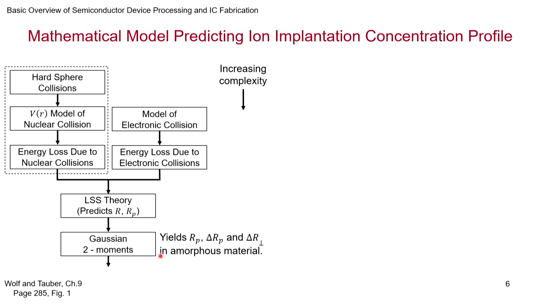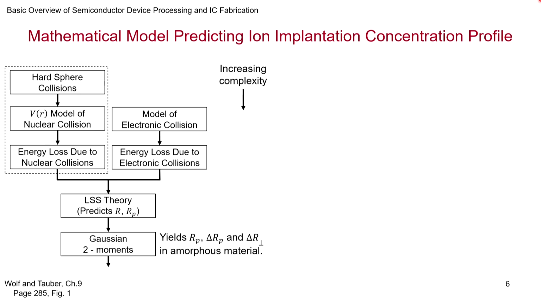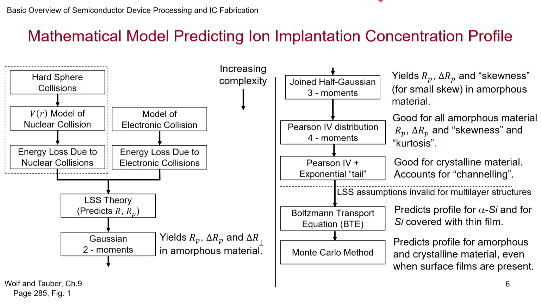So, this is the basic thing that is often what we will end up using, especially in the academic world when we start off. But when you want to go for a more sophisticated model, this is not enough to capture the full reality. It is valid, of course, in a small range of concentrations, but when you go for nuances, then you will find that this is not fitting very nicely. So, what do you do? What do modelers, device modelers, often do? They invoke more parameters. So, one of the things that they do is go for a third moment. Why keep only 2 moments? Go for a third moment.